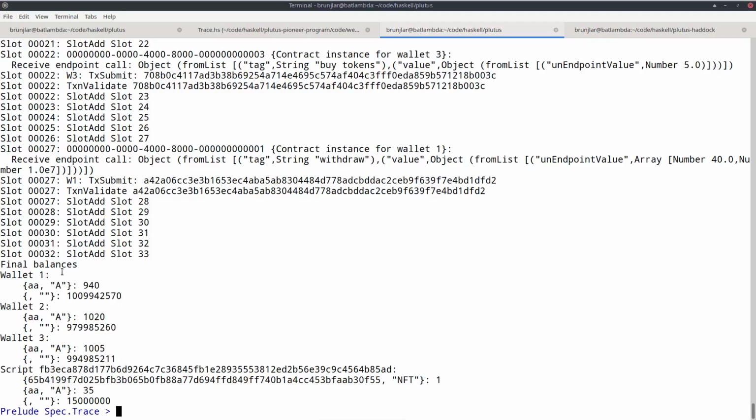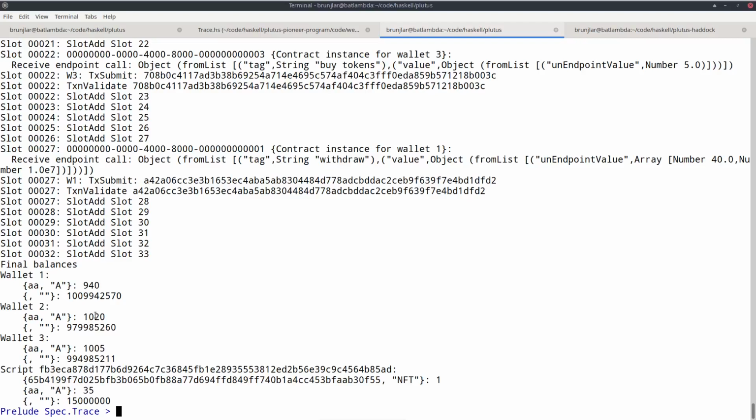And if we check the final balances, all wallets initially owned 1000 tokens and 1000 ADA. Then wallet A added 100 tokens to the contract, so was left with 900, but then in the last step retrieved 40, so that's why it has 940. And it also retrieved 10 ADA, so we see that it almost has 1010 ADA now. The difference is due to transaction fees, of course.